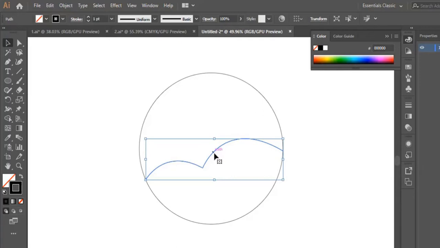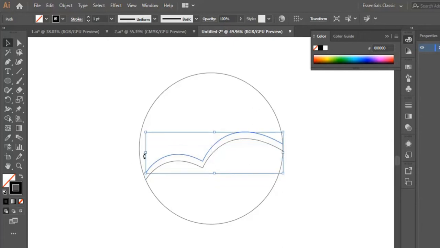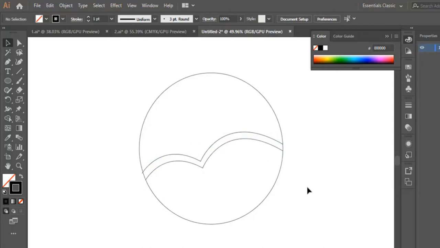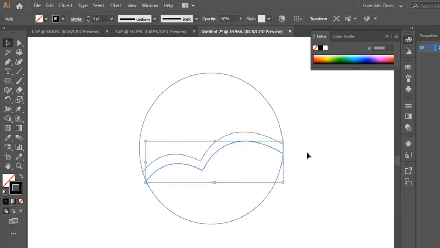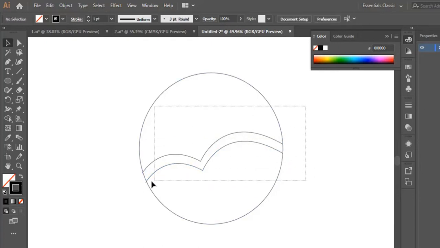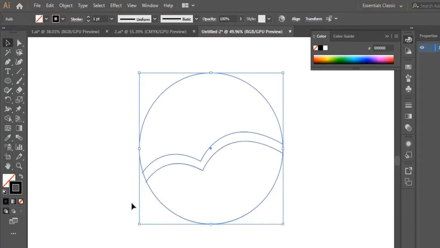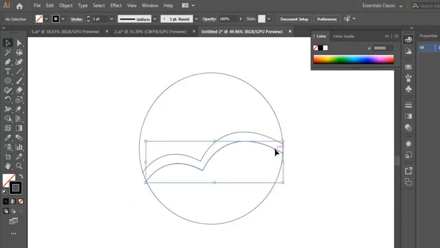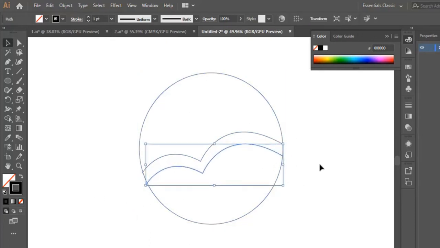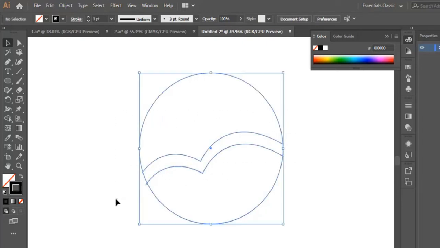I'm gonna copy this line. I hold the Alt button, then I drag it like that to duplicate it. Then I need to adjust it like this a little bit. Perfect. I drag this one down a little bit like this to make the line look thicker. Perfect. Now I select the shape like this. Sorry, I'm gonna pull this one down a little bit, and then I select the whole shape like this,